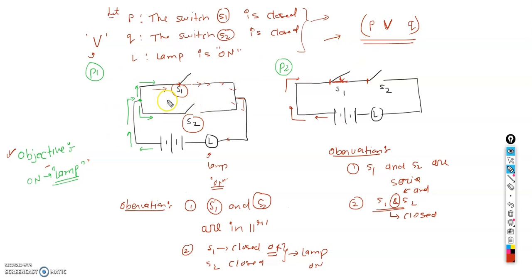So this is one kind of problem they can ask: please write the symbolic representation of the given circuit. The second kind of problem they can ask is: please construct the switching table. It's not too difficult to construct the switching table. We do it as you know how we construct the truth table of a given statement pattern. The same thing we can construct in the switching table also.